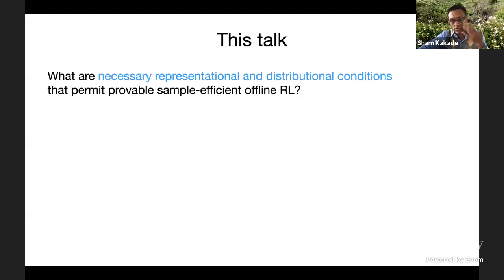Okay, so specifically the talk will try to understand what are necessary representational and distributional conditions which will permit sample efficient RL. Okay, and to make life easy, we'll just focus on policy evaluation. So we're not going to worry about improvement. We just want to take our offline data set,